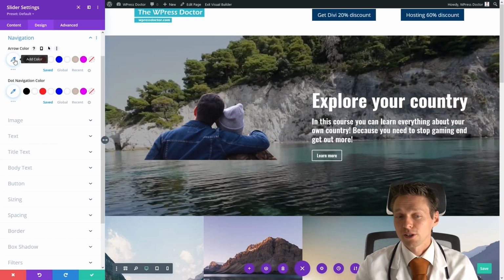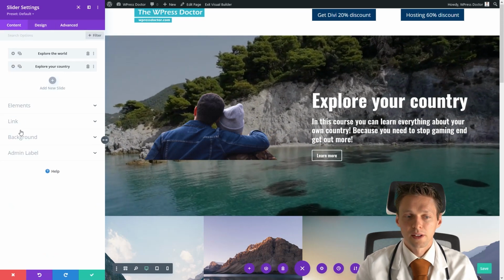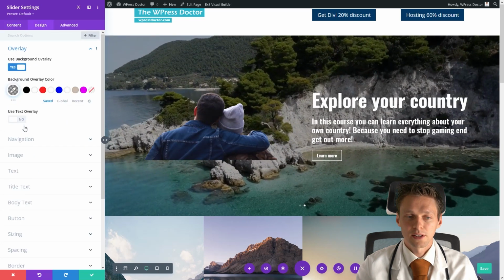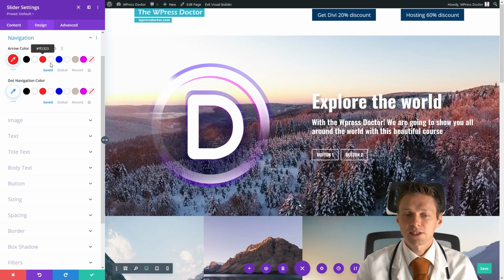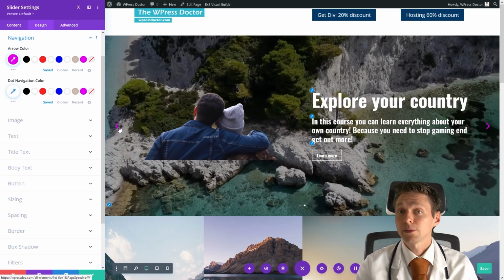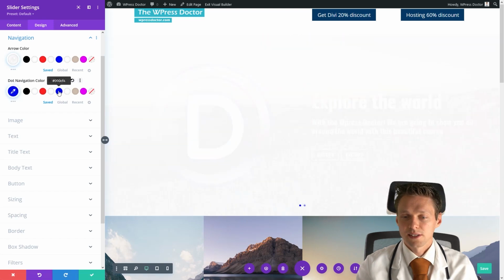Here you can change the color of your navigations. Now, we have just turned it off. So let's turn them on, and you go to navigation. And now you can see the colors of the navigation. They are red right now. You can make them any color you like. And also the dot navigation down there.